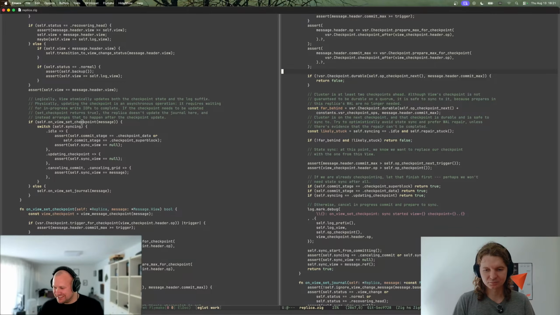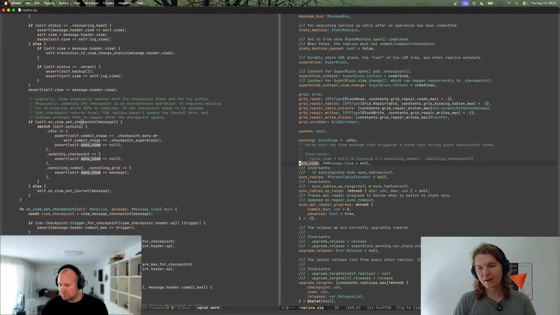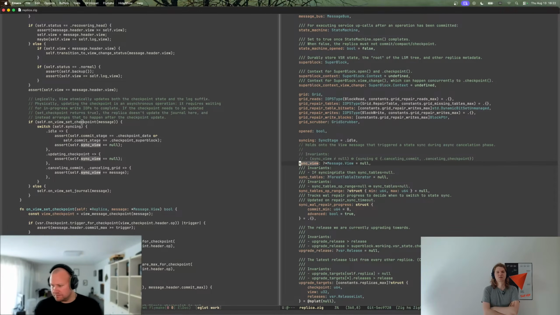So anyway, if it looks like it is a good idea to checkpoint and we aren't already checkpointing, we say it's a good idea to state sync, and we aren't already state syncing. We say, hey, we now store this message as an authoritative source of information about which checkpoint we are going to need. And this is tricky because physically state syncing is an asynchronous operation. So